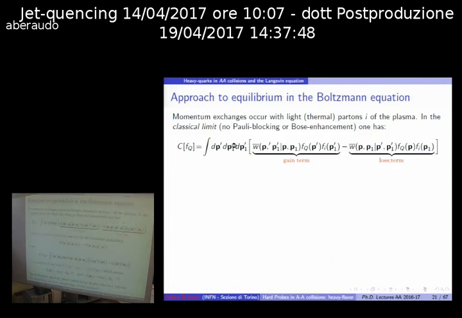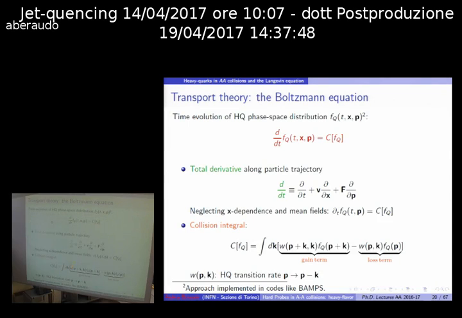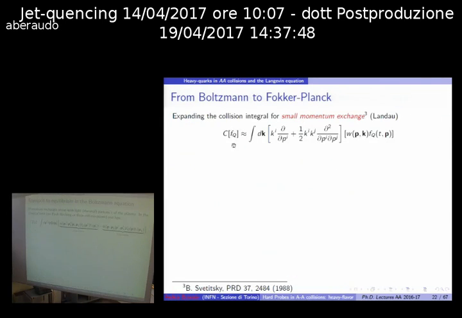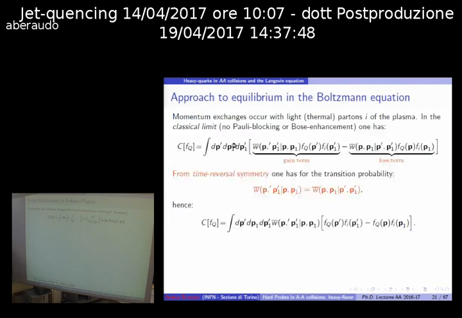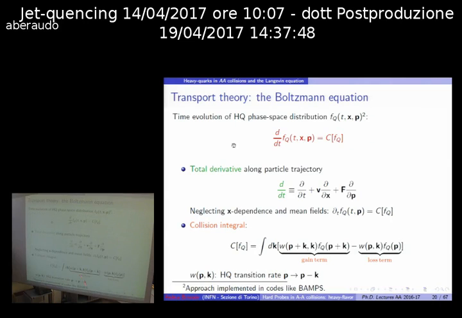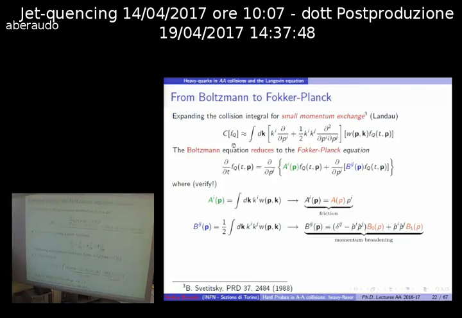However, the Boltzmann equation is a difficult equation to solve because you see it is an integro-differential equation. So the quantity which you differentiate is contained inside an integral on the right hand side. So you want to simplify somehow. And a possible simplification is the one suggested by Landau, which is expanding this collision integral for soft momentum exchange. Clearly, if you expand for soft momentum exchange, the zero order term cancels, and you are left with the first and second order terms from the expansion of this. And so you are left with this